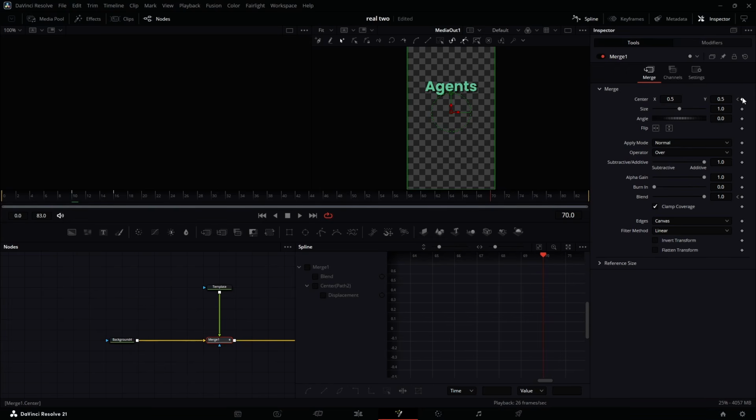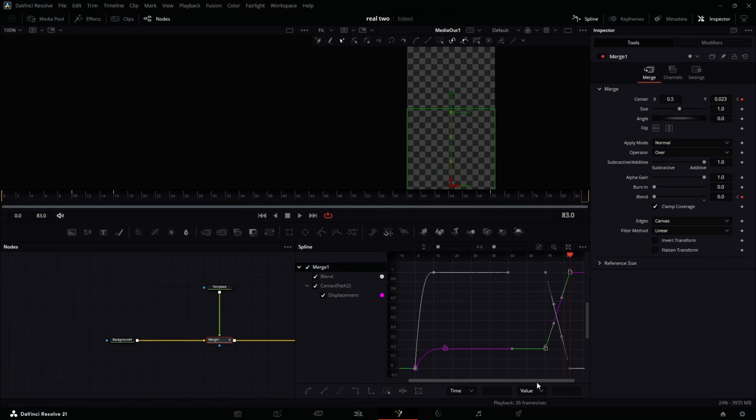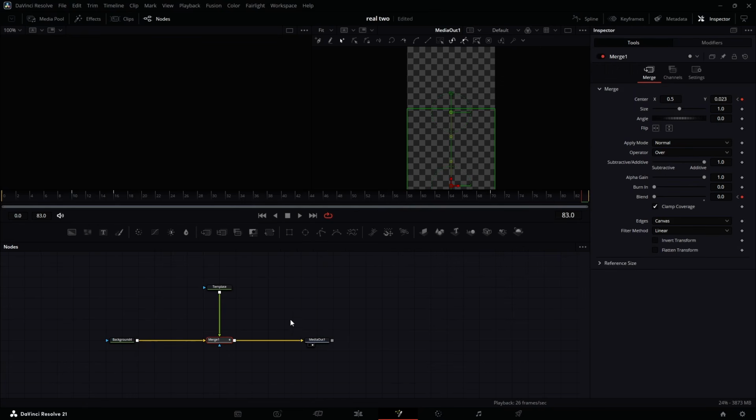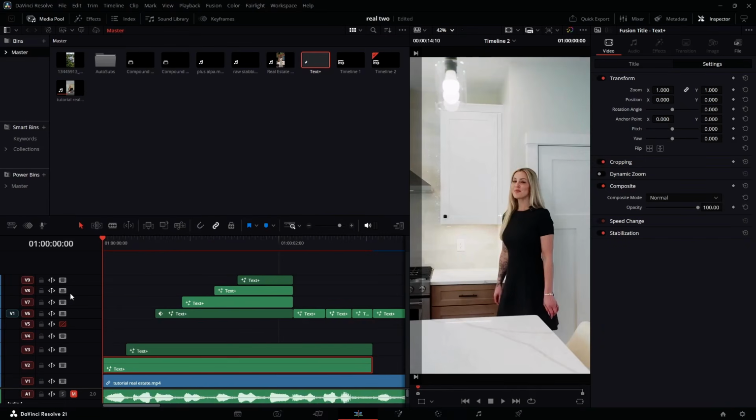We're going to hit the keyframe at this one and hit the keyframe at the blend value. Now go to the last one, bring it down like so, and take it down to 0. Make sure you go to spline again, select this last arm and ease out cubic. Good. So I have something like that. If we take a look at what we have,